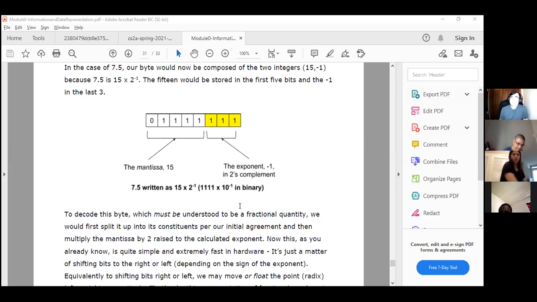I used 8 bits. I think in the real world, how big are floats? 4 bytes, right? In C++, I think floating point numbers are 4 bytes long. 4 bytes is 32 bits. And in the 32 bits, I don't know, maybe I think the exponent is probably 12 bits, right? They use 12 bits for the exponent, and then 20 bits for the mantissa. I don't know. We can find out, right? You just Google. It's one search away, and you can find it. But for the quiz, this is the kind of format that you'll be looking at and analyzing.